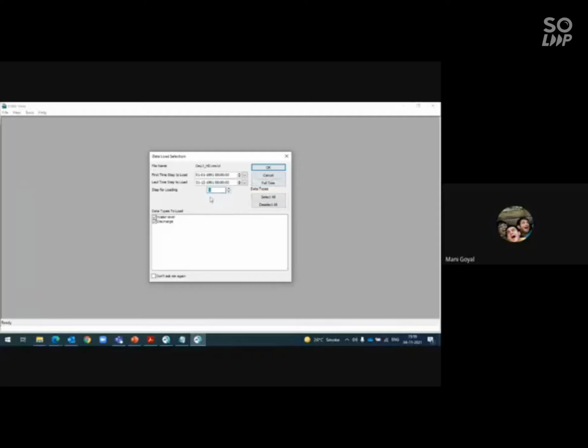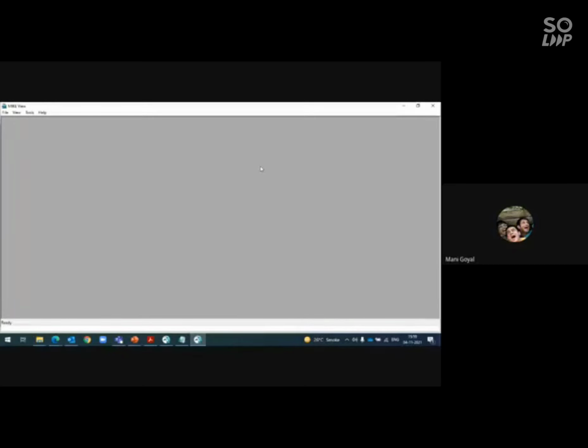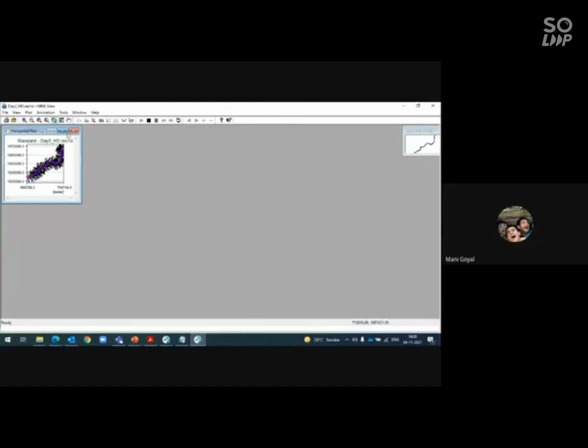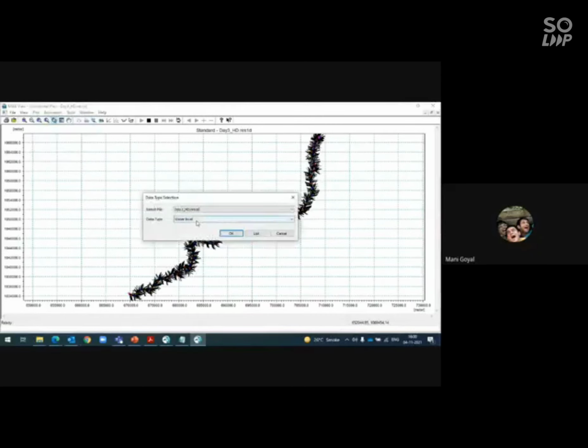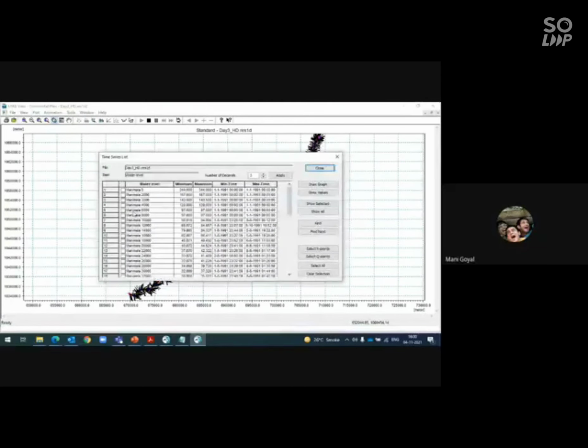The water level and discharge for this period I've run the model. Say okay. So this is my river, and I want to plot the time series for the water level. Select at what chainage you want to plot, say 6000, and say draw graph.